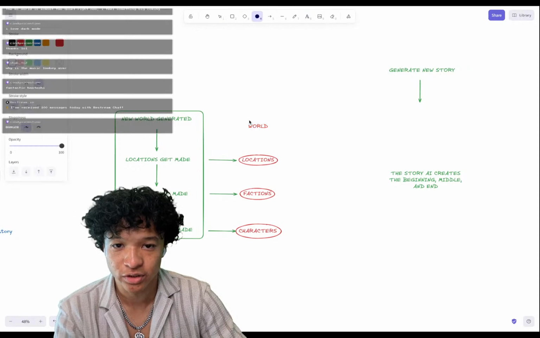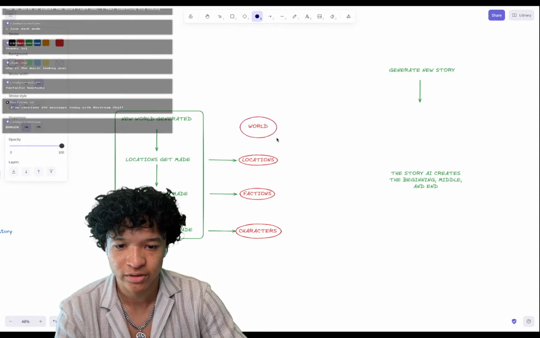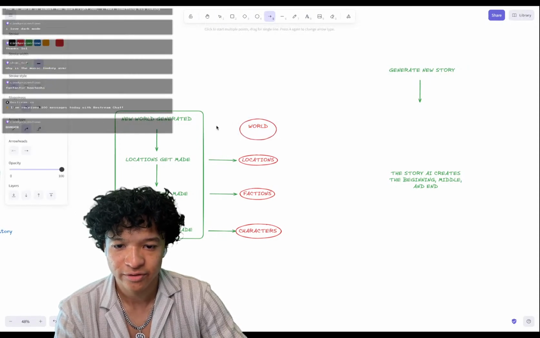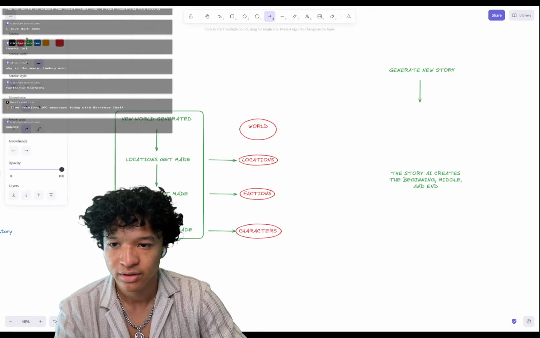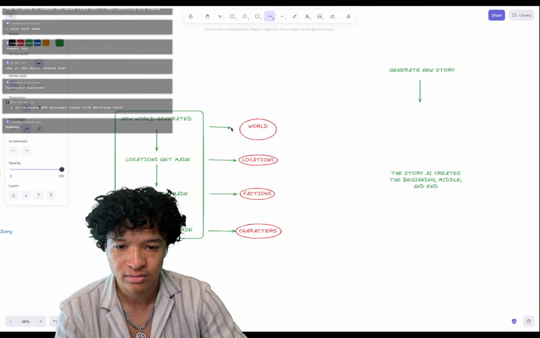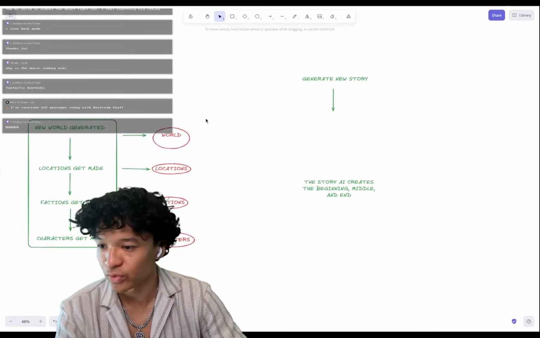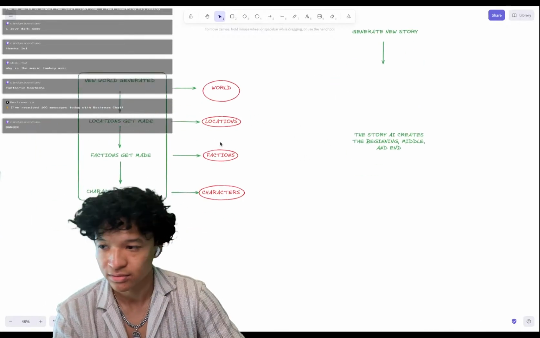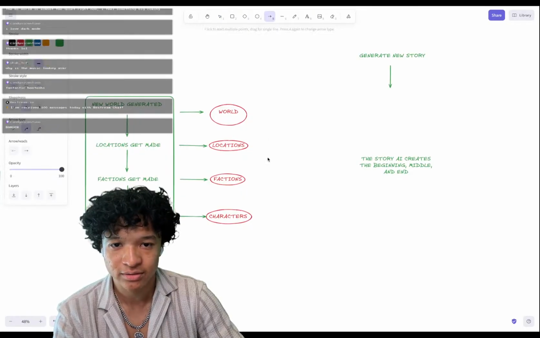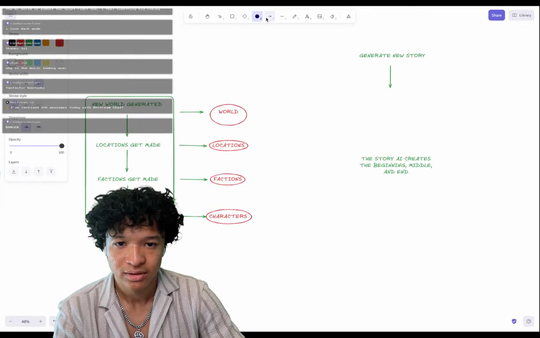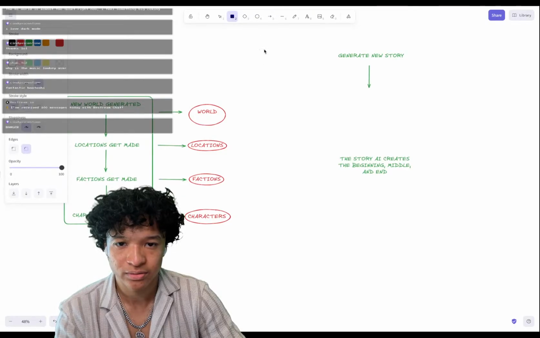And really the world is just the world name and the description. But from this, these 3 things get made. Now we take the data from each of these and combine it into what I would call